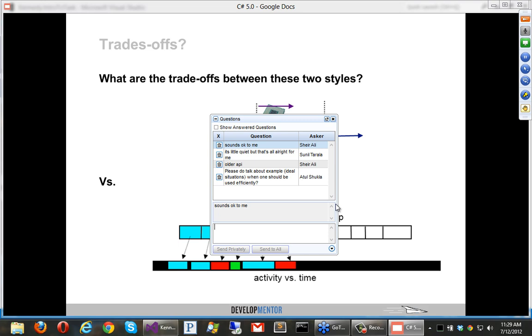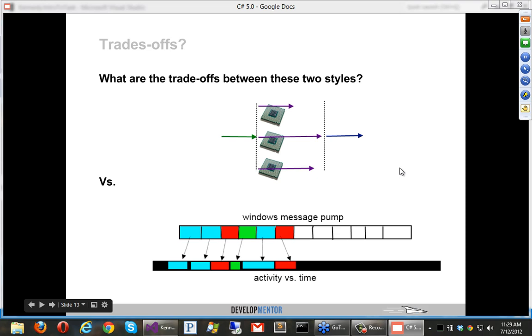Right, so give me some examples, is what you're asking. I'm not sure if everybody can see this, but it says, please talk about some examples, ideal situations when one should be used over the other. So what I would say, and it'll be much clearer after you see this, we're just about to jump into a demo and do this. If you're not doing stuff that's computational, that really is trying to leverage the CPU, I would prefer the bottom stuff if you're doing GUI programming, because it's just simpler.